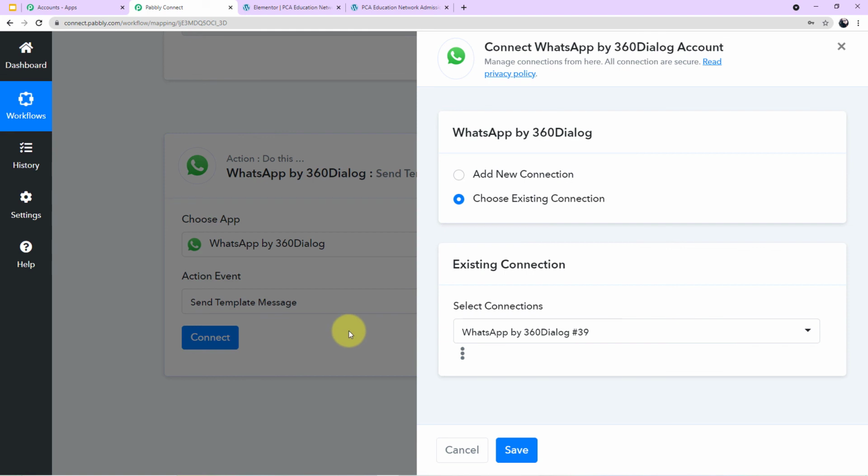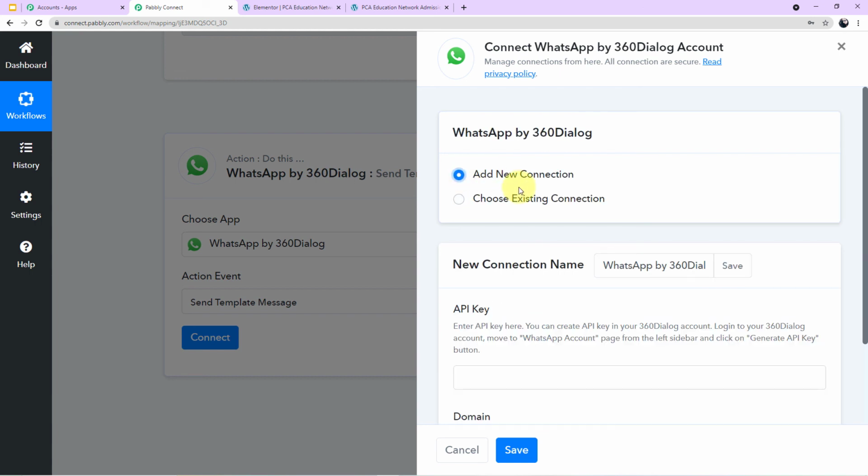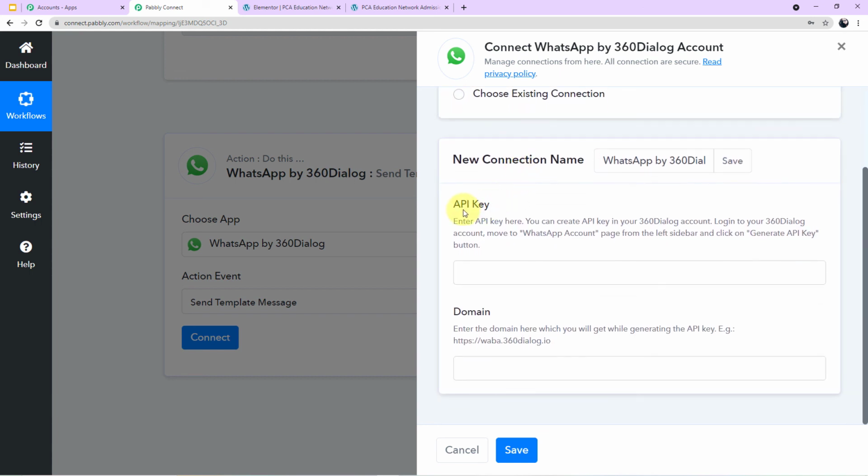I'll click on connect. A mini window will emerge in front of you asking for two options, add new connection and choose existing connection. So I'll click on add new connection, and now guys it is asking me for the API key and the domain. So let's read out the description first. Enter API key here. You can create the API key in your 360 Dialog account. Log into your 360 Dialog account, move to WhatsApp account, paste from the left side bar and click on the generate API key button. Domain, enter the domain here which you will get while generating the API key, example